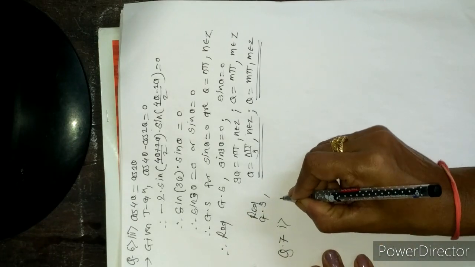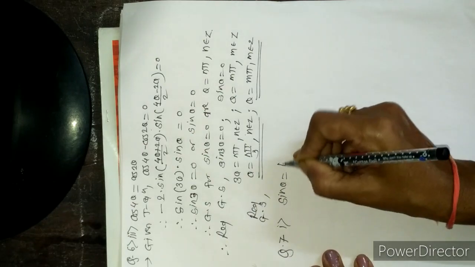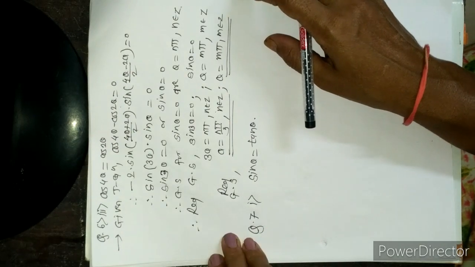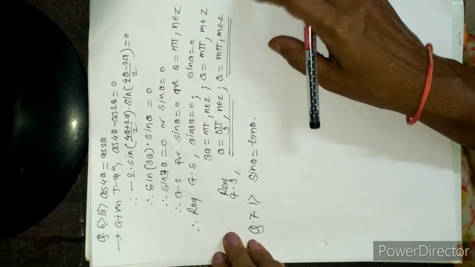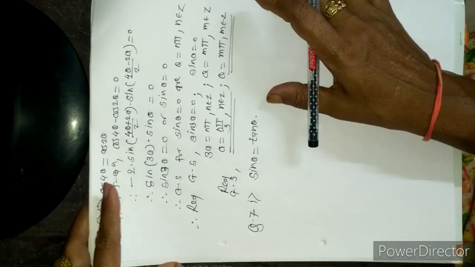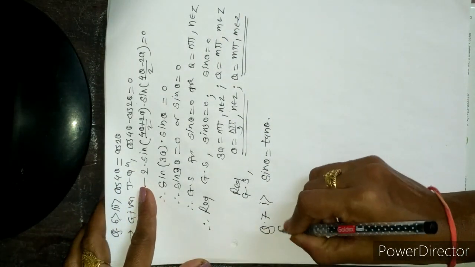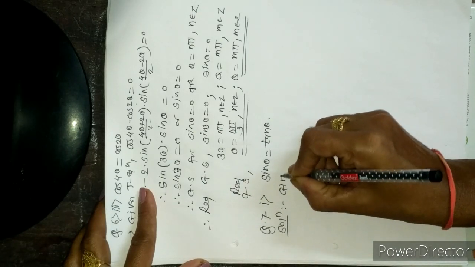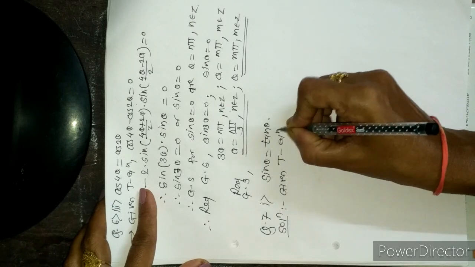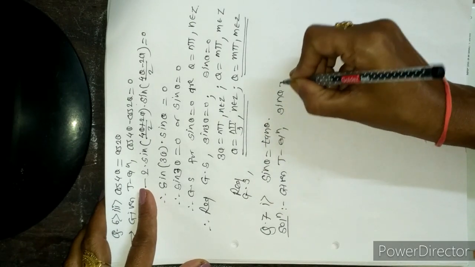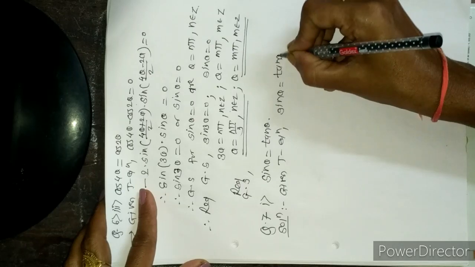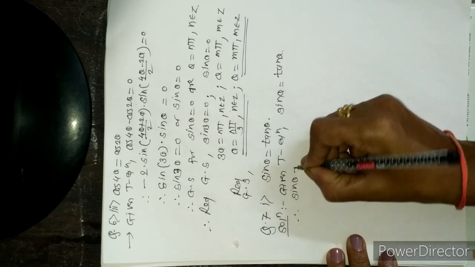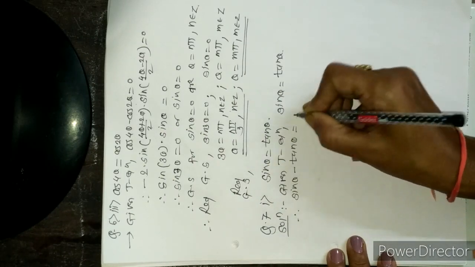As the first equation, sin theta equal to tan theta is given. There is a common instruction to all questions: to find the general solution. If a trigonometric equation is given, that is sin theta equal to tan theta, then to find its solution we take the given trigonometric equation again. Here, sin theta is equal to tan theta. By using the previous example, we can simplify this as sin theta minus tan theta is equal to 0.